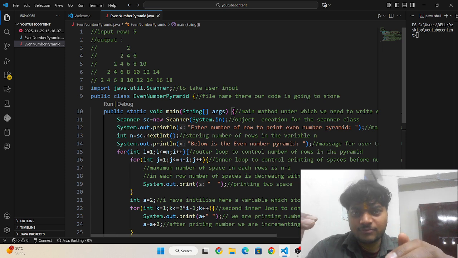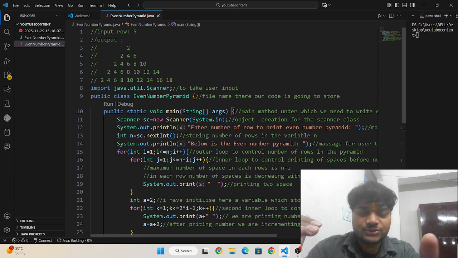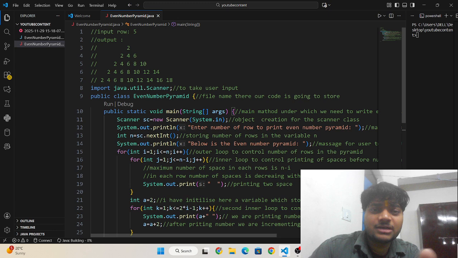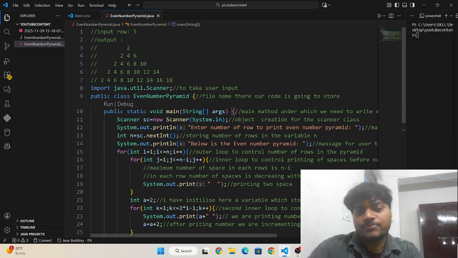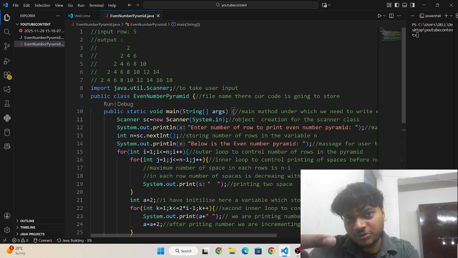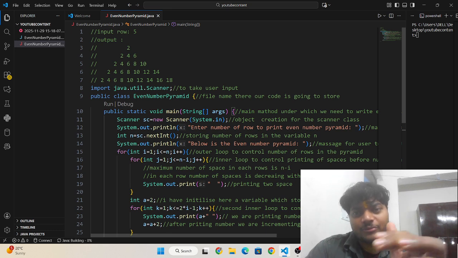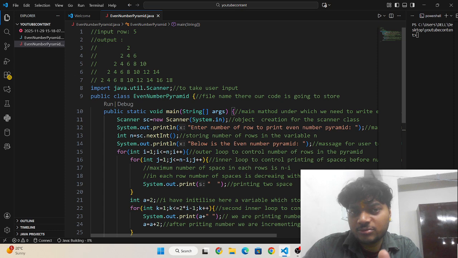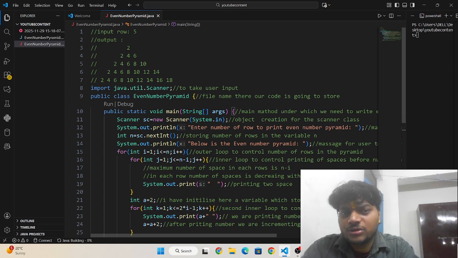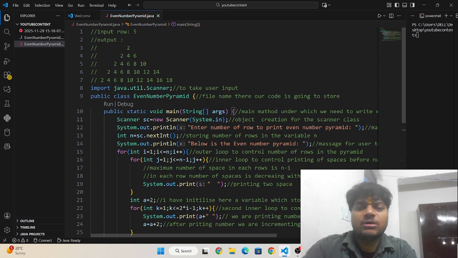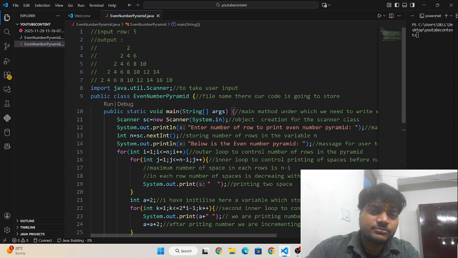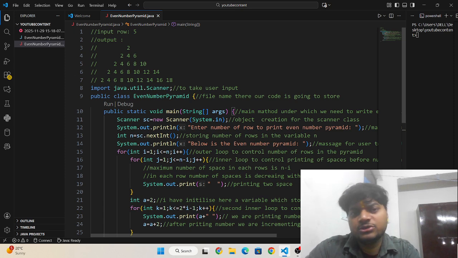If you enter number of rows 5, then in the first row the number of spaces printed is n minus i, that is 5 minus 1, 4. So 4 spaces are printed in the first row, in the second row it is going to be 3, in the third row 2, in the fourth row 1, and in the fifth row the number of spaces is going to be 0.